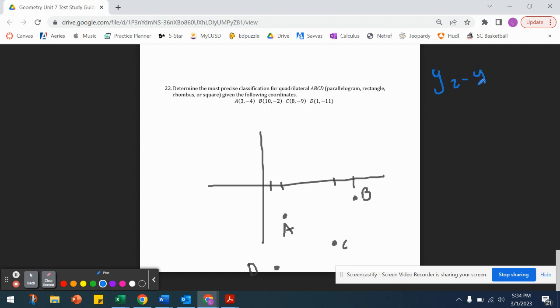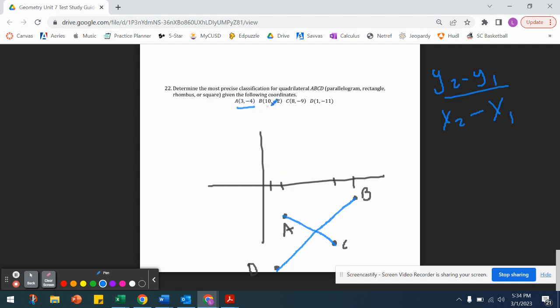So for me, I'm going to see if it is... I think this looks more like a rhombus. So what I'm going to do with a rhombus is I'm going to see if these two diagonals are perpendicular. Because if they're perpendicular, they're going to make a right angle, which means I'm going to do the